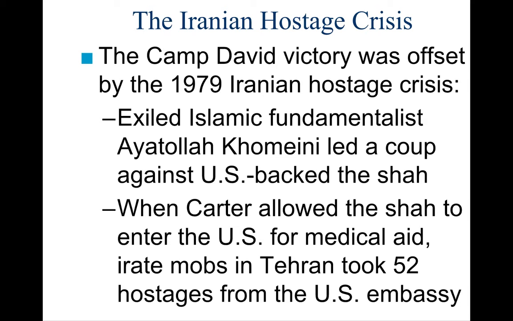So the Ayatollah Khomeini was the person that the Iranians wanted in power. And then the Shah, who was deposed from Iran, actually was ill with cancer at this point, so he ends up going to the U.S. to get medical treatment. And when he does that, the Iranians take that as an insult because, not only does it seem as though the U.S. is continuing to back this leader that they just kicked out, but it's sort of an affront to the Iranian